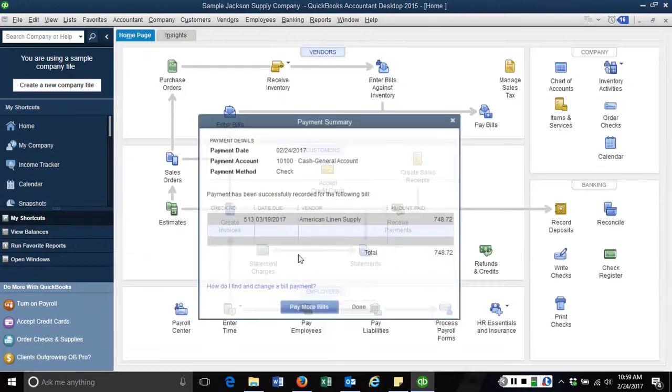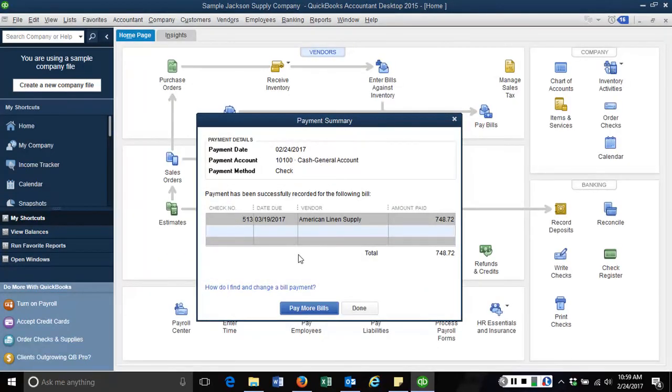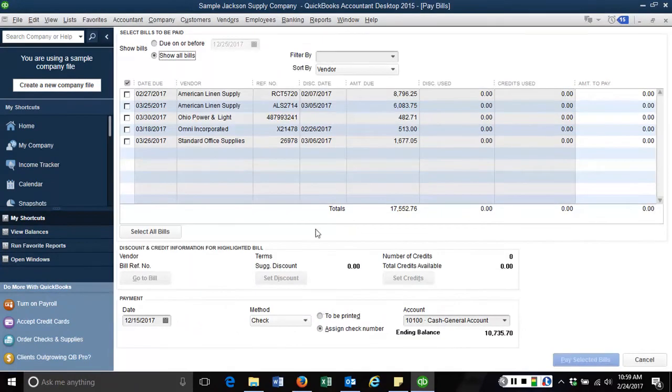So once we hit OK, look at that, you have successfully paid our first bill. And you can see all the screenshots on pages 18 and 19 that go through what we just looked at. So I'm going to go back to Pay More Bills, because on page 20, what if we don't pay the